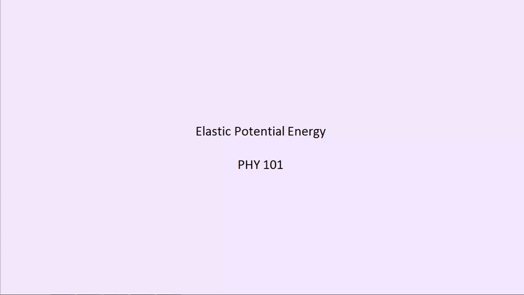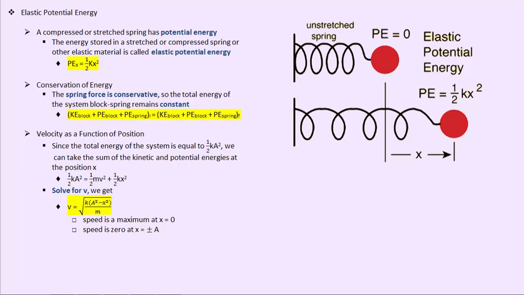In today's video, we'll learn about elastic potential energy. So when does an object have elastic potential energy? If we have a compressed or a stretched spring, we say that this spring has potential energy, and this energy that is stored in the stretched or compressed spring, or any other elastic material, is called elastic potential